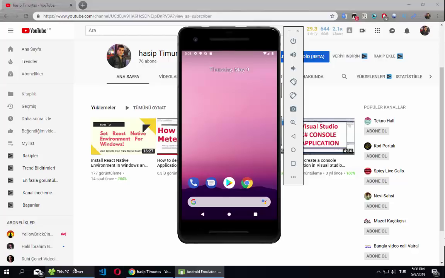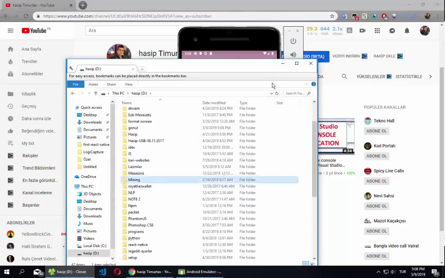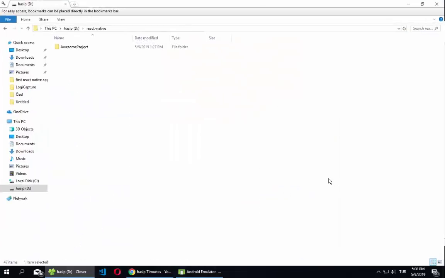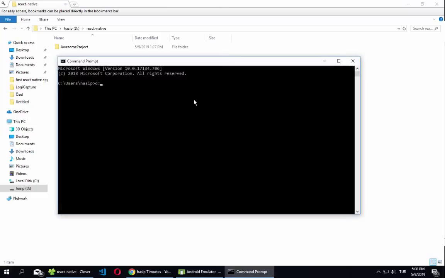Now we will create our project for the calculator. Let's go to our folder, and here we open command prompt. We go to our React Native folder. Here we will write